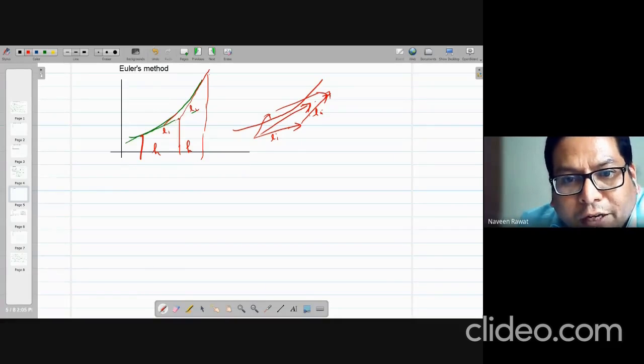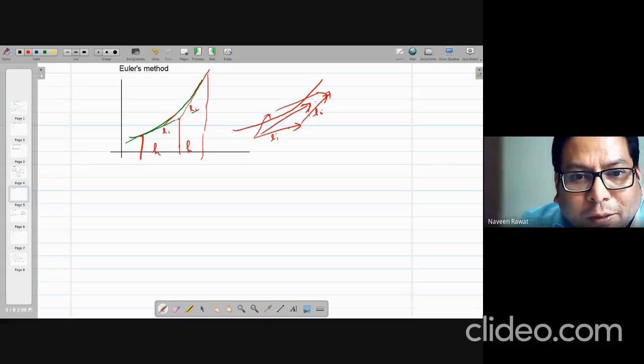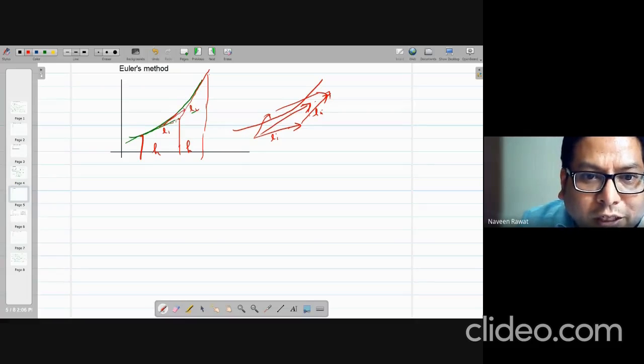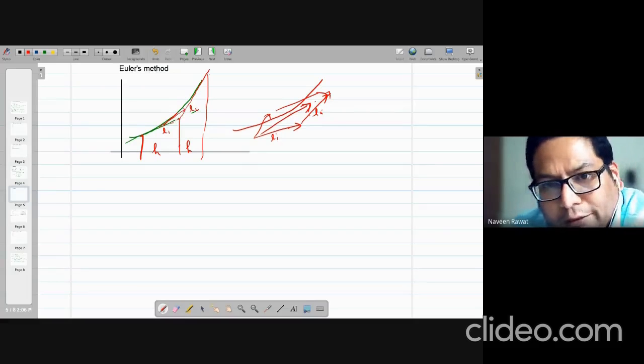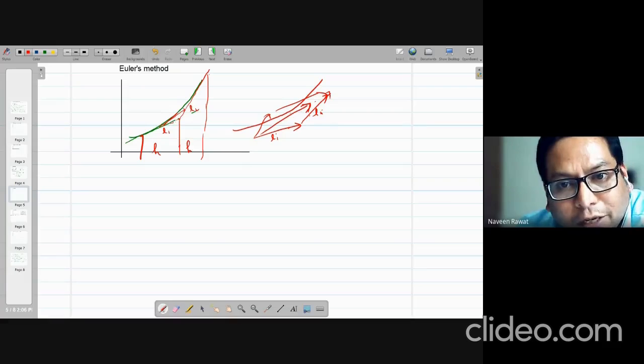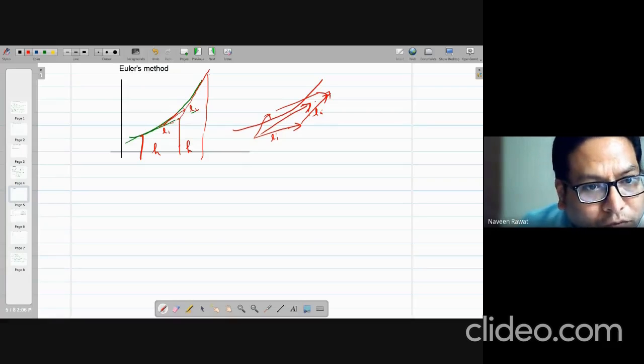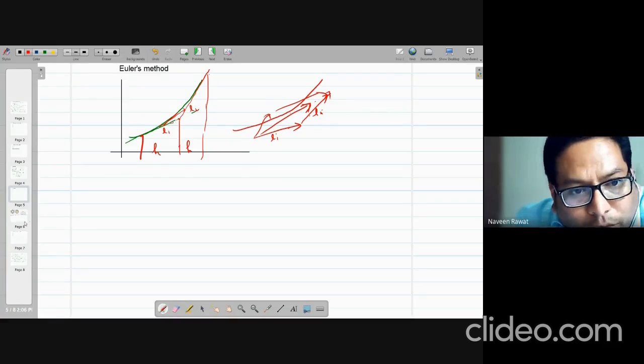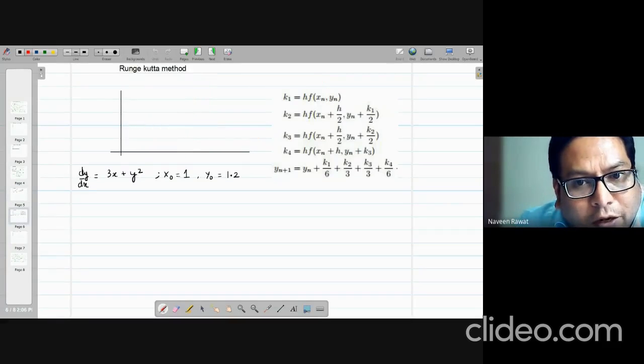We just take weighted averages of the first slope and the second slope, and that gives us a better slope, and this better slope is much better than the original slope because it is much closer like this. So that is the sum of these two slopes. Just vector mathematics. Again, you can reduce the step size and all that stuff. So that is what we are doing in our RK4 method.